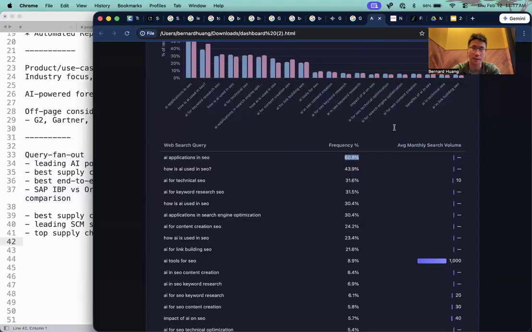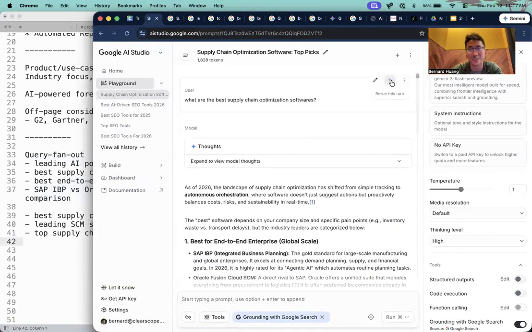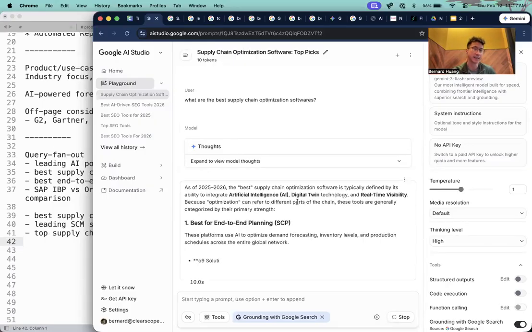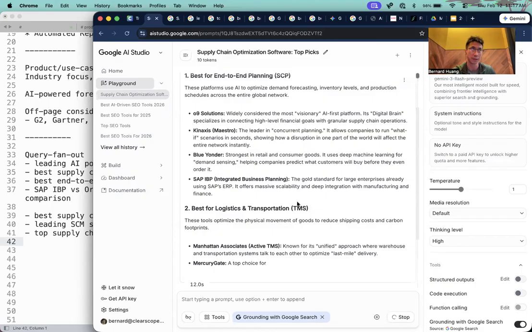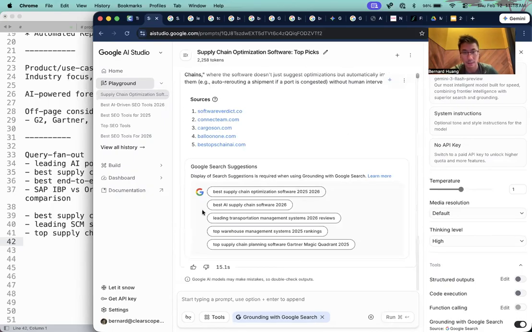So again, back to the manual state. If you want to do this, I would recommend rerunning this probably 10 times to just get a broad sense of, okay, what are the different query fanouts that are happening? And more importantly, which ones appear to be repetitive or higher frequency, right? So again,